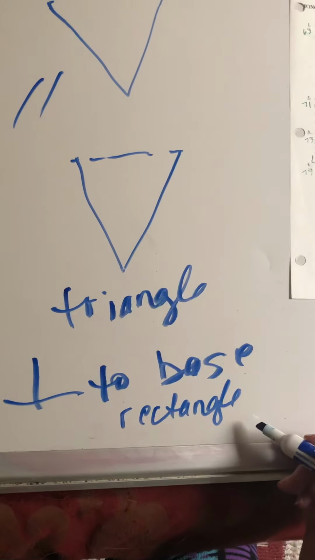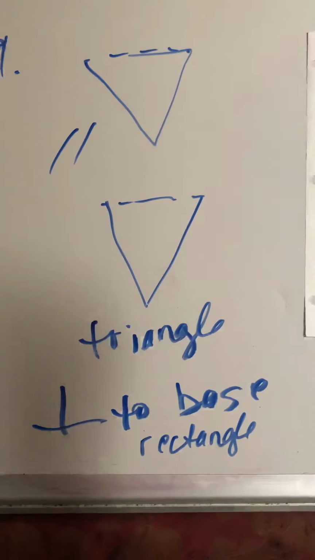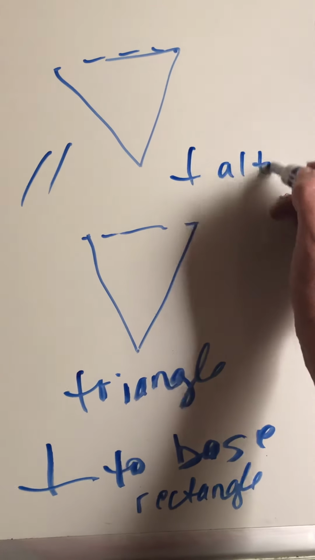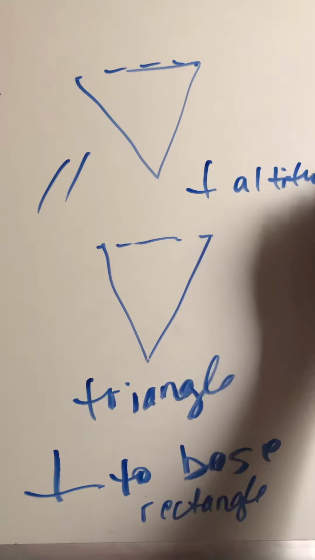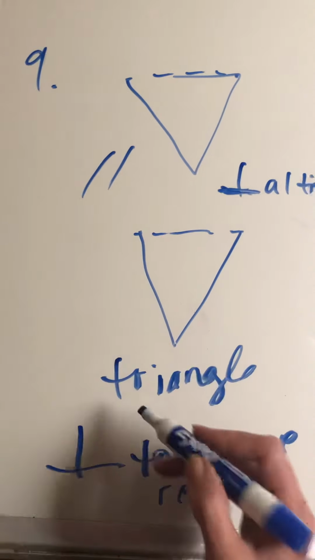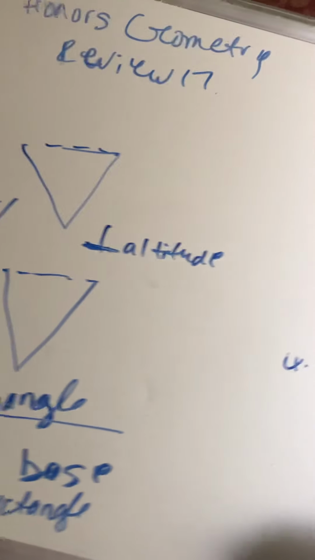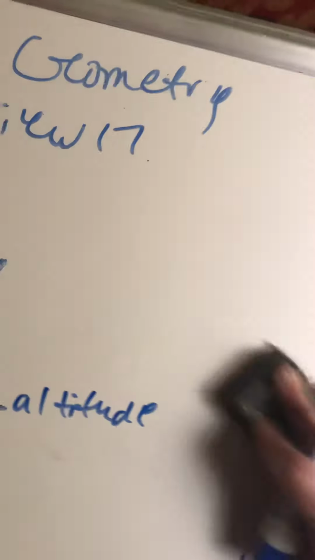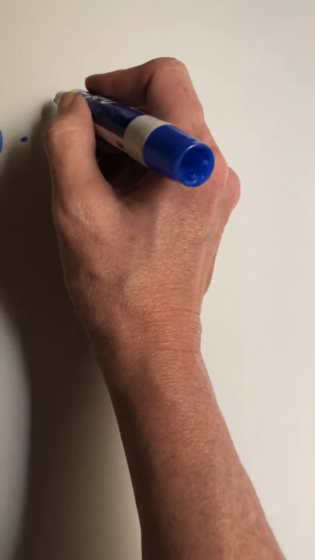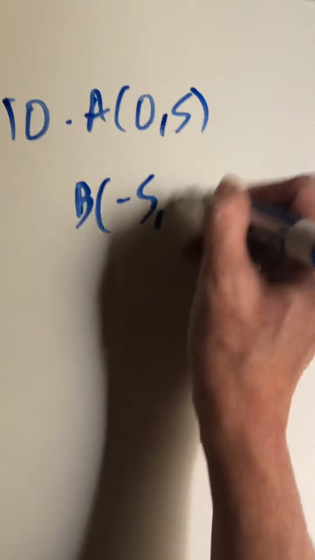It'd make a rectangular shape in this one, okay? But parallel to the base is the same as the base. If it's parallel to the base, meaning perpendicular to the altitude, that's the same as saying parallel to the base. If it's perpendicular to the altitude, parallel to the base, it's the same shape as the base. The cross section is the same shape as the base. So read them carefully. Okay, then on number 10, you have A is 0, 5, B is negative 5, 5,